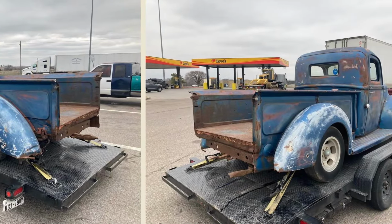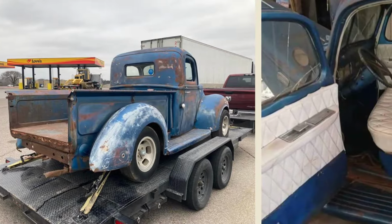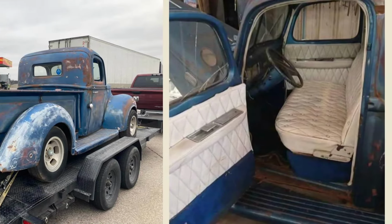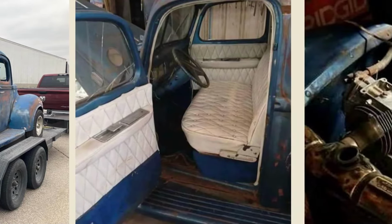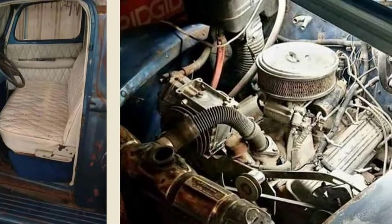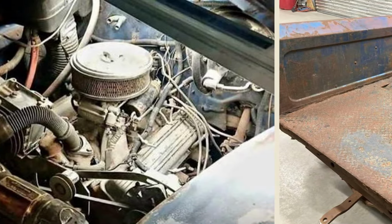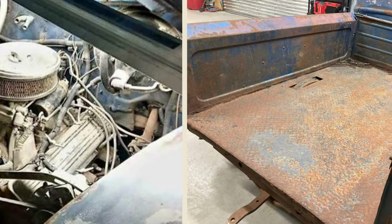While the truck has been sitting for many years, it rolls freely but will require a full mechanical overhaul. Rust is present in some areas, and the engine does not turn by hand, making it an excellent candidate for a full restoration. Classic Ford pickups from this era are becoming increasingly rare, making this a unique opportunity for collectors